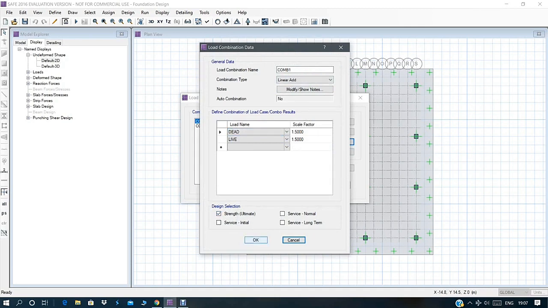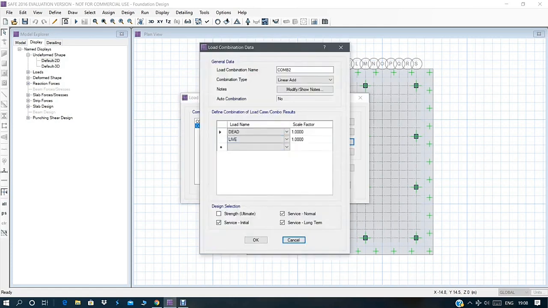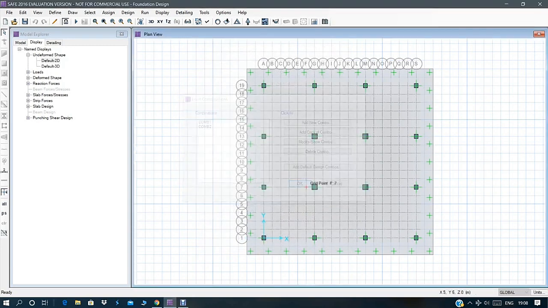Click OK. Then for load combinations, you have two types as per IS 456. The ultimate load combination has scale factors for dead load and live load of 1.5 respectively. And here, strength, ultimate, design selection, OK.